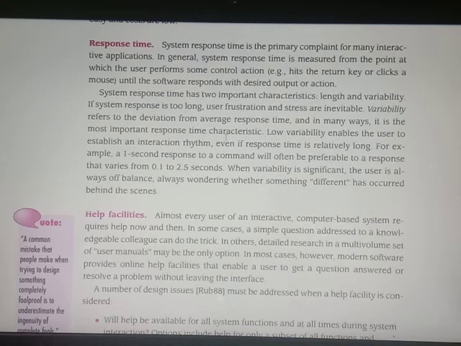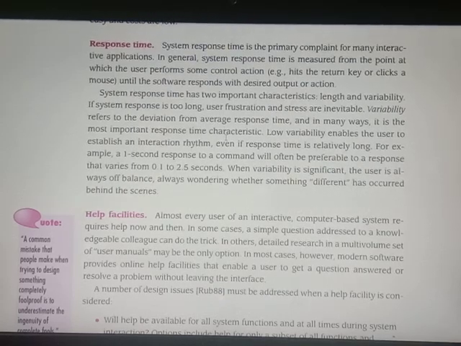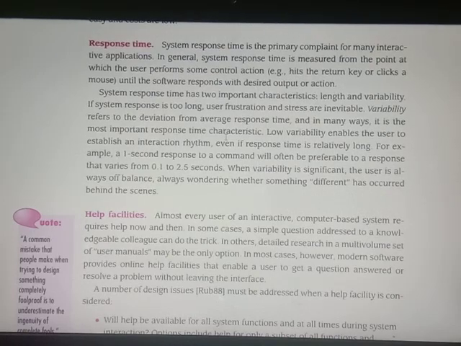System response has two important characteristics: length and variability. If the system response time is too long, the user will get frustrated and stress will increase. Variability refers to the deviation from average response time, and it is important for response time characteristics. Low variability enables the user to establish a rhythm of interaction, even if the response time is relatively long.